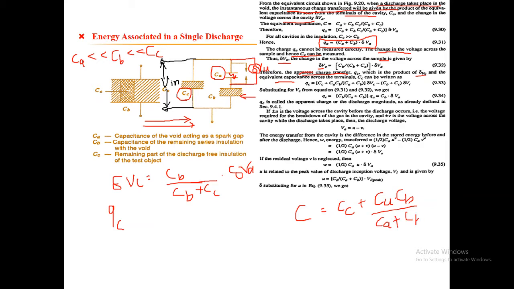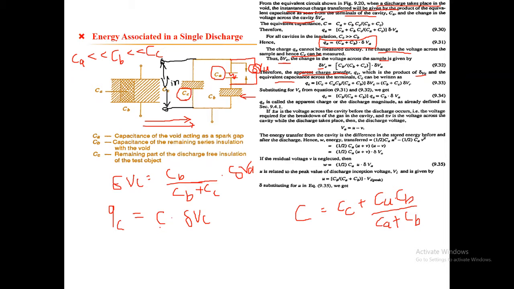So this is the equivalent capacitance of the capacitor. So QC is equal to the equivalent capacitance into delta VC. Okay, that is the magnitude of charge, that is apparent charge that we need to supply to create